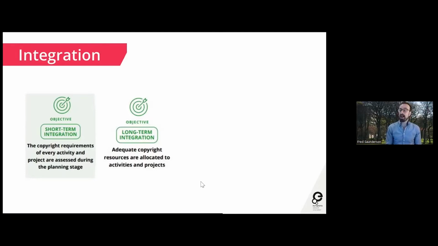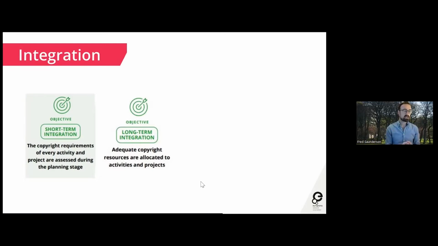So I don't know if you're anything like me, but you've probably encountered projects or activities that are planned and developed and maybe resourced. Maybe they're budgeted, maybe they're really talked about, quite boldly, quite big. They're big activities or small activities. And when is copyright mentioned? When is resource thought for copyright? Is it being thought about right at the beginning? Is it being planned in? Is it happening quite late in the day?